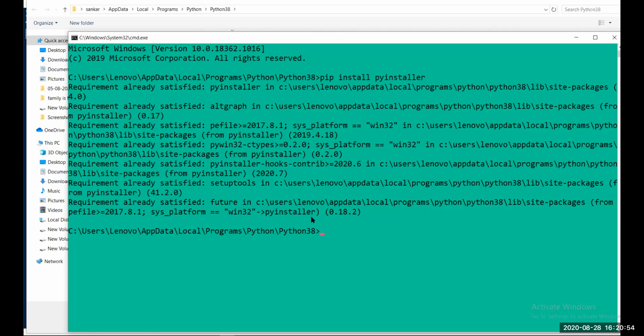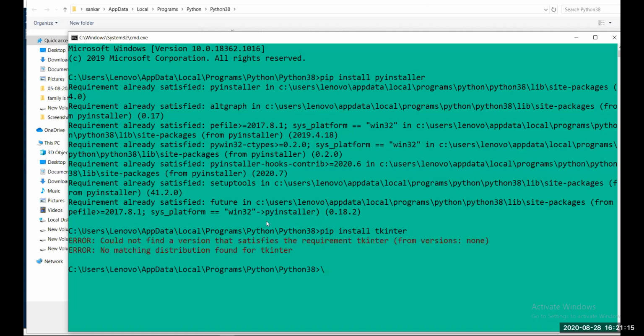The tkinter library is used to create your Windows applications. Here you need to run pip install tkinter. I have installed it already, so don't worry about that.